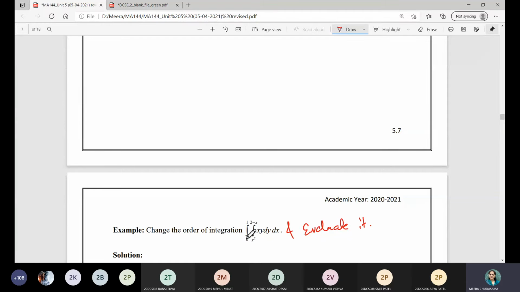So which strip originally we are given? Horizontal. Horizontal, because you can see that this corresponds. I will always suggest you that never see this order. Always you determine the order from the limits we are given. So since this is the variable x limits in the inner integral, therefore this has to be limits of y. So outer integral will be limits of x, and x variable limits are constant. So in that case, your original strip will be vertical in nature. And when you change the order, it will become the horizontal.